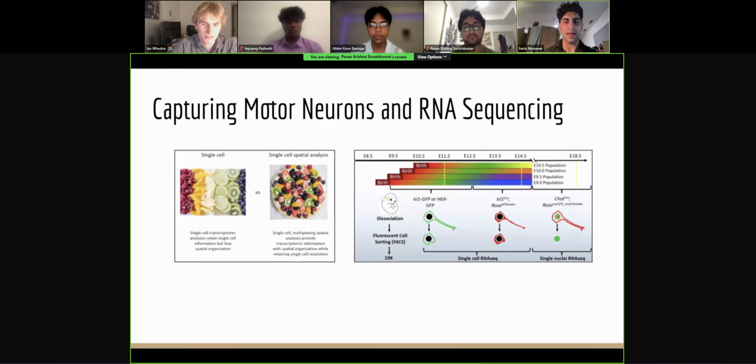We collected and analyzed gene expression data across various developmental stages, as illustrated in the timeline from E8.5 to E18.5. By dissecting IL-1 GFP knock-in mice at various embryonic ages, we can better understand the dynamic development of motor neurons. The RNA from these isolated cells is then sequenced to produce a count matrix, providing the essential data for our